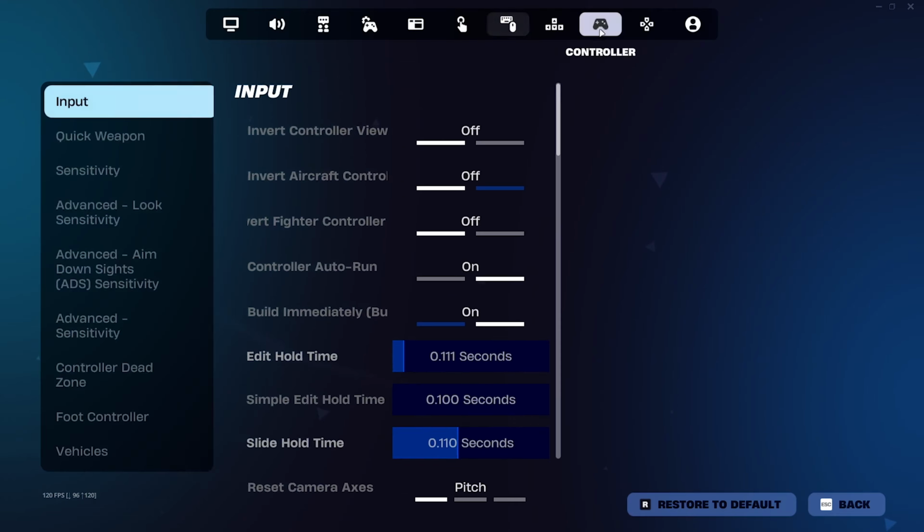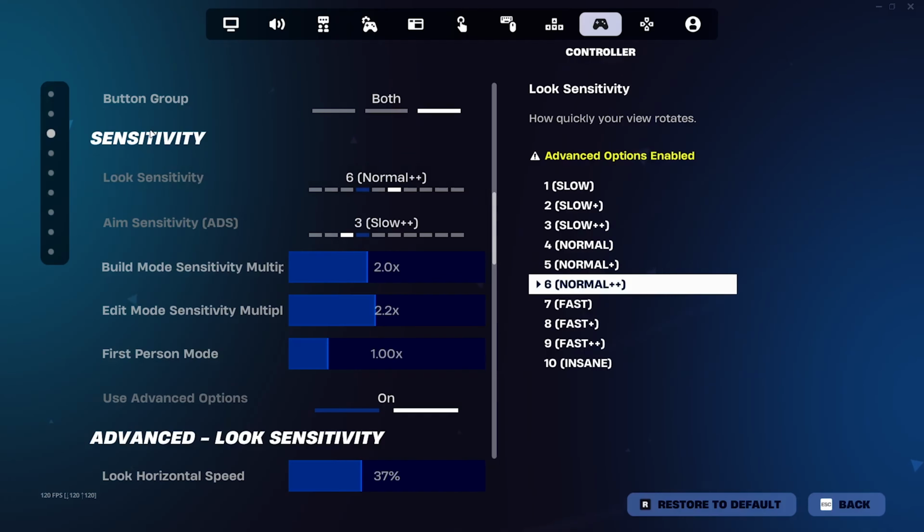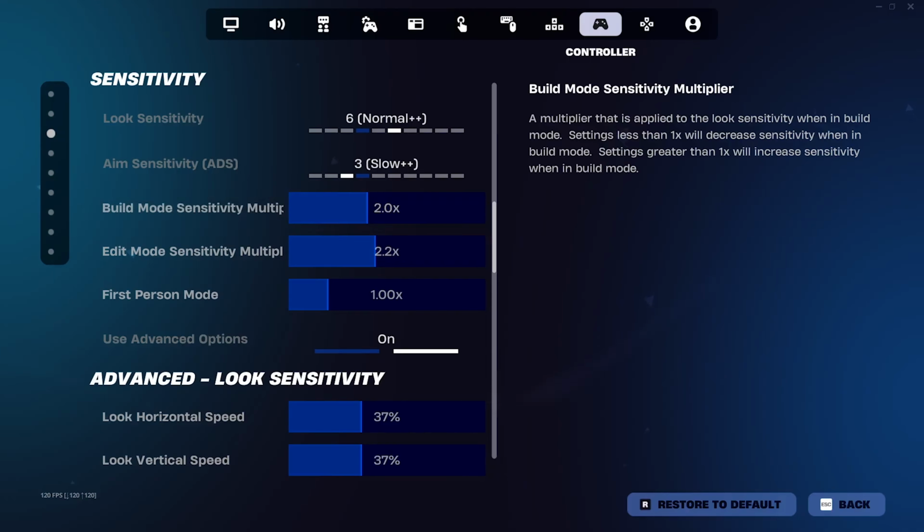On controller though, select this little controller settings option and scroll down on here as well, and you're going to see a sensitivity tab, and of course in here you're going to see a build mode sensitivity multiplier. Once again, increase this if you want it higher, decrease it if you want it a little bit slower, but